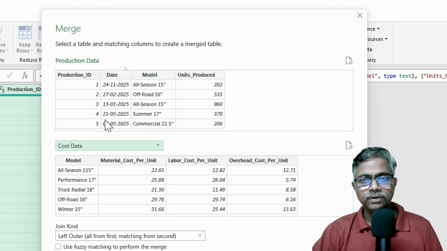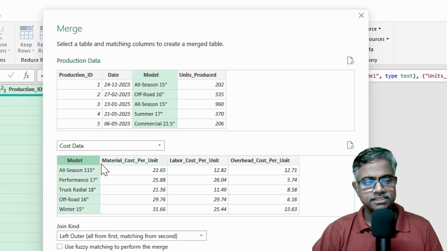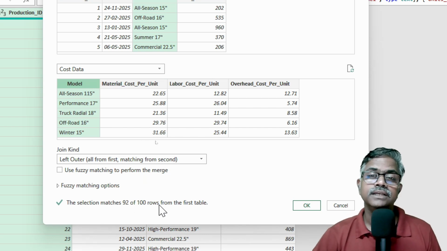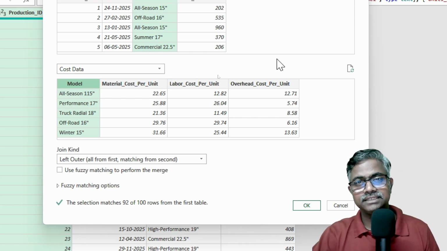Now all you have to do is select the common column between these two tables. Here the common column is model, and in this table also it's model. The moment I select those two common columns, look at the bottom, it does the matching, which is basically trying to find the match for each model